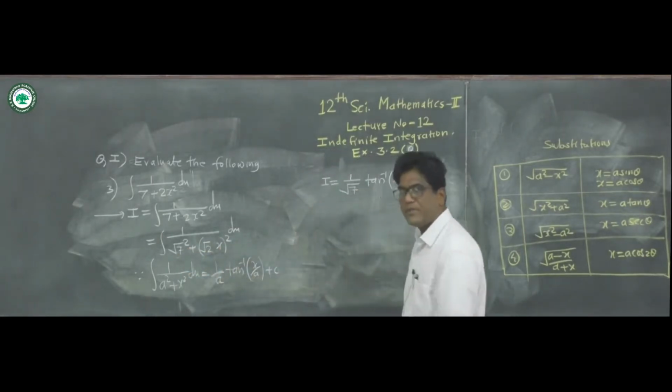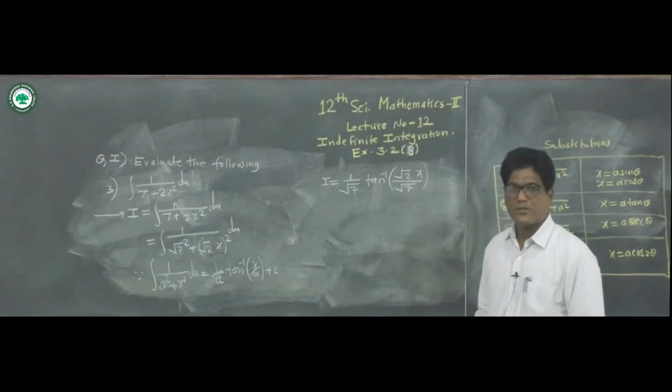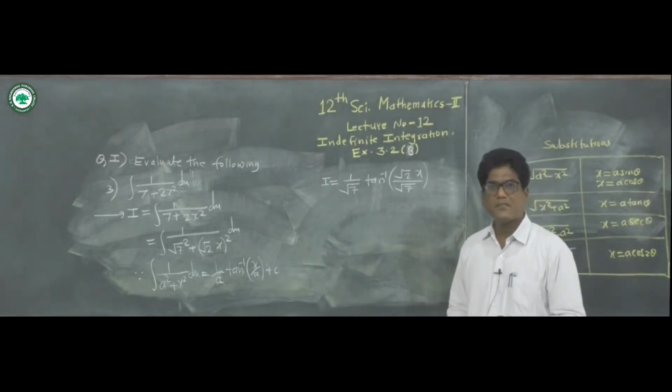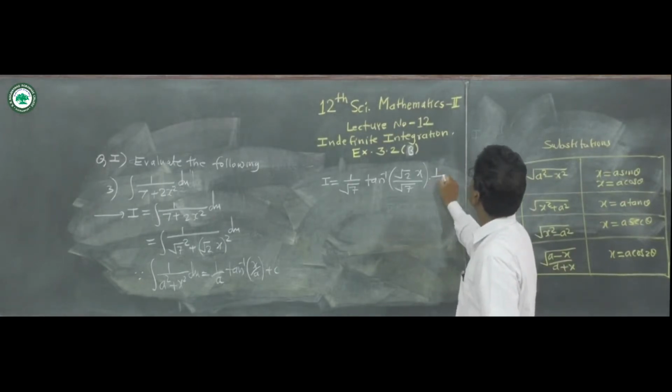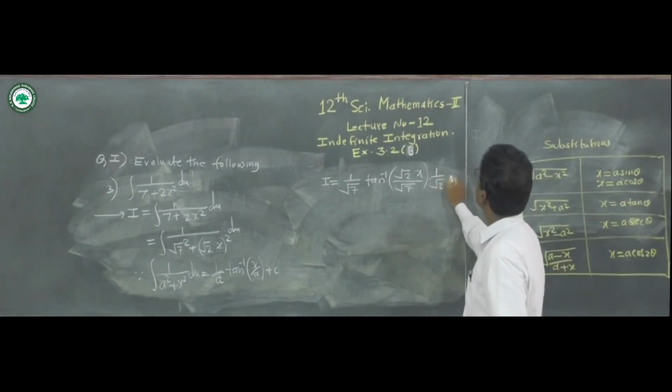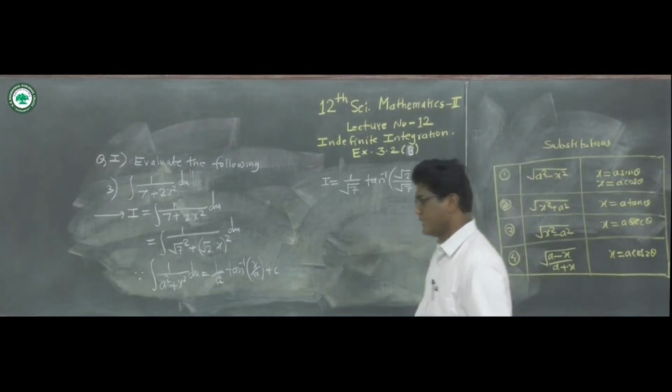So take the derivative of root 2 into x. Root 2 into derivative of x, which is 1. So it is root 2. So divide this by root 2, which means here we write 1 upon root 2 plus constant of integration, and the final